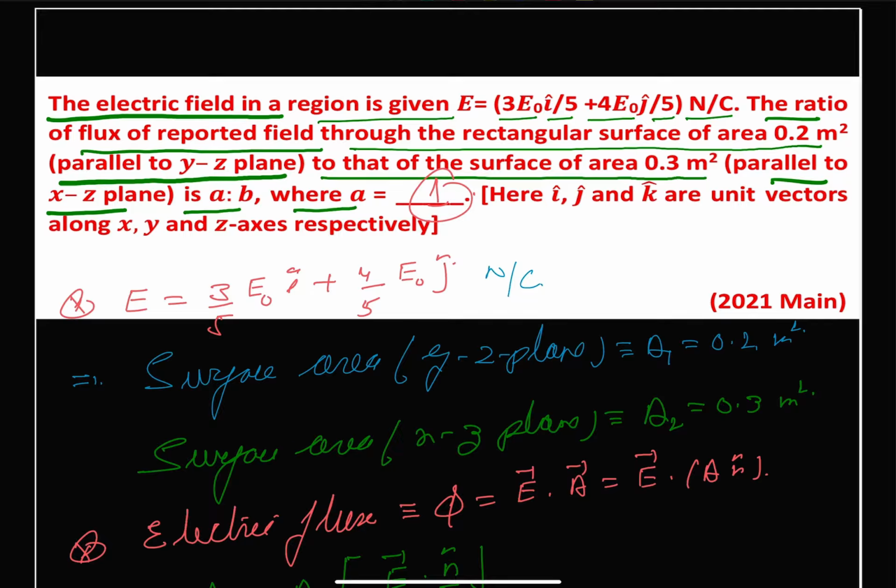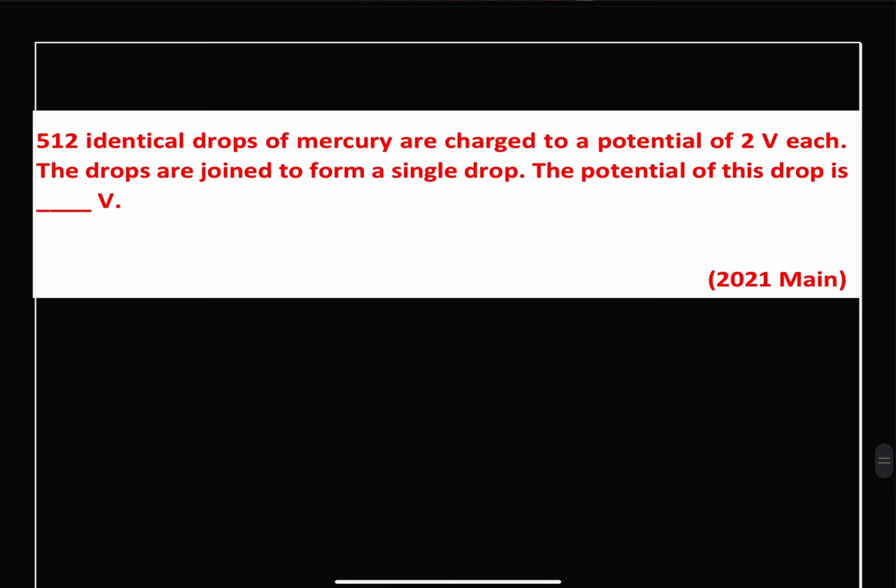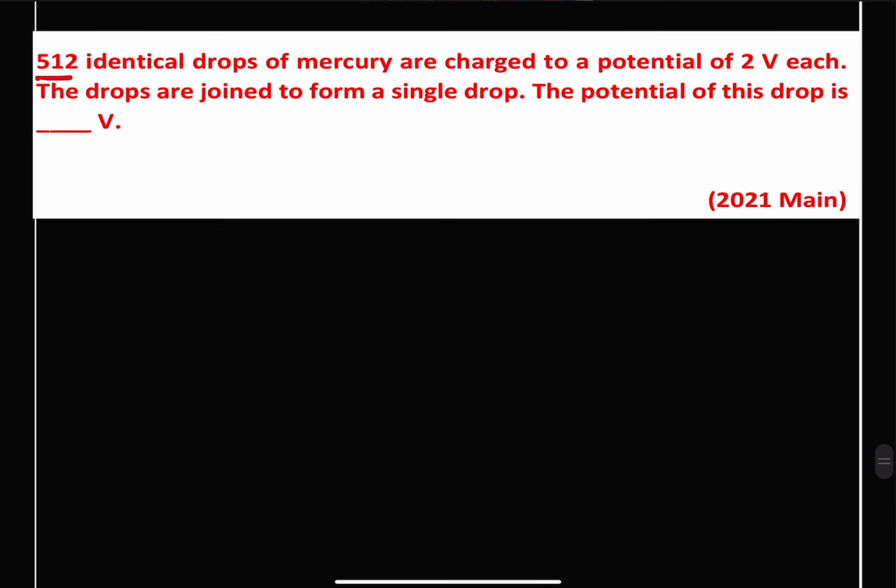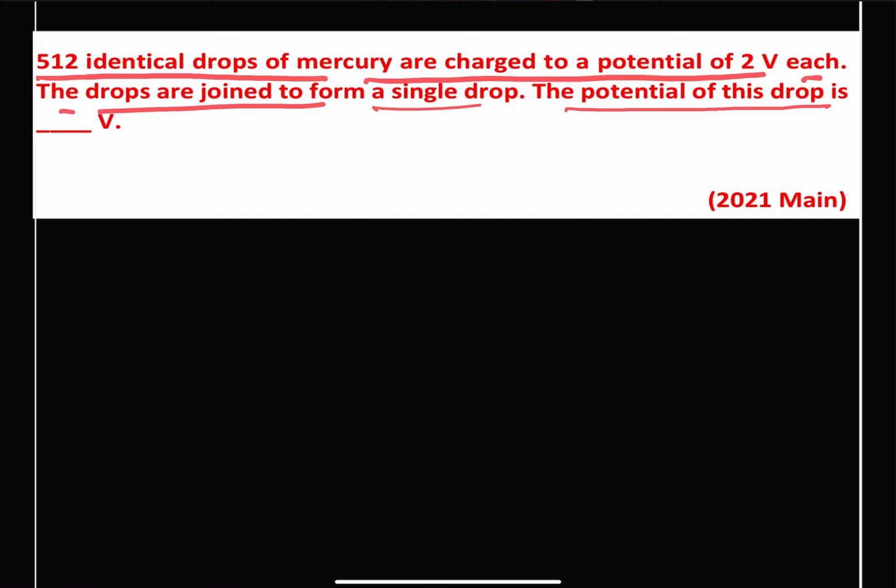Next question. We are given that 512 identical drops of mercury are charged to a potential of 2 volt each. The drops are joined to form a single drop. The potential of this drop is equal to,